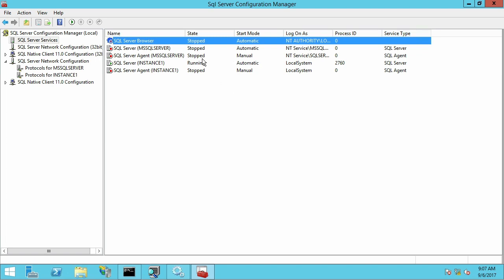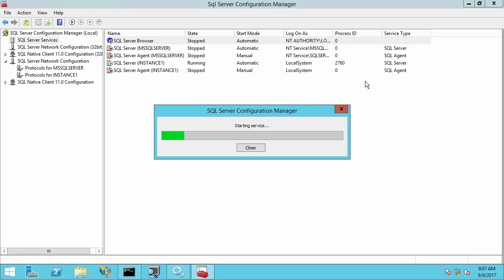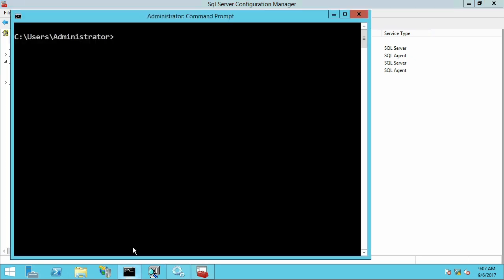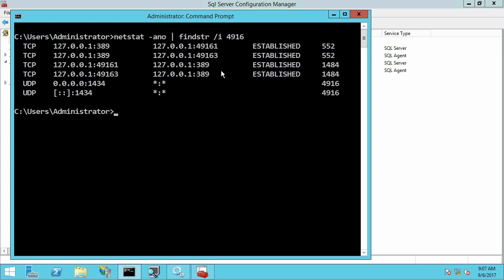So if I run SQL Server Browser service, I will start it and I will see the process ID is 4916. I can do netstat -ano | find /i "4916". You can see my 4916 process is listening on 1434. This is the default port. This is the UDP port on which the browser listens to